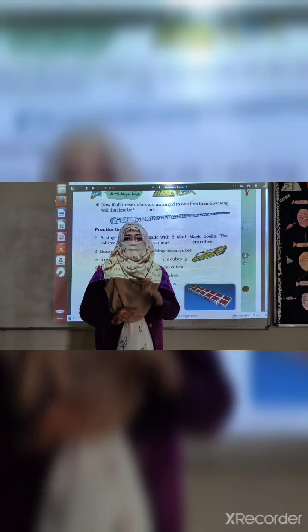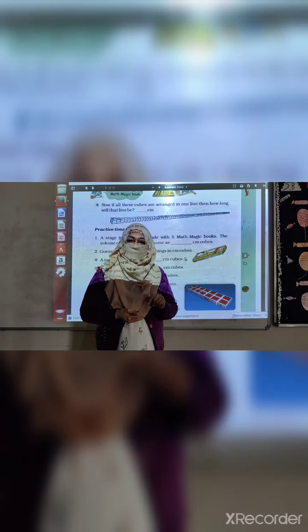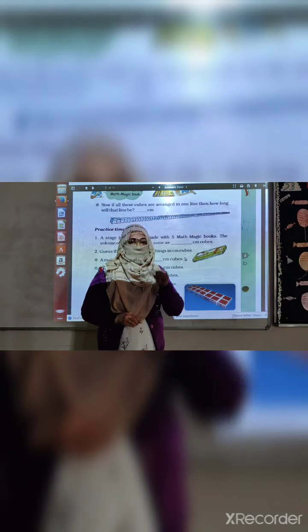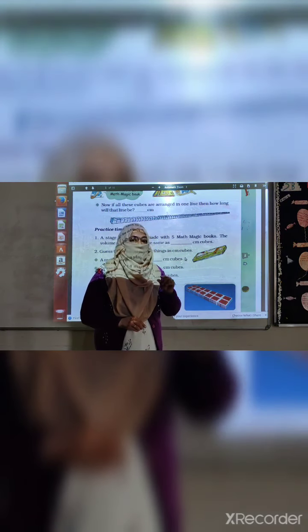As I showed you, length multiplied by breadth, only length multiplied by breadth gives you the surface area. But when you multiply length, breadth and height, that was only 1 centimeter cube, right? So the answer of this and this does not change because height is only 1 centimeter cube, and 1 multiplied by any number gives you the same number. But the thing is going to change for the next questions.